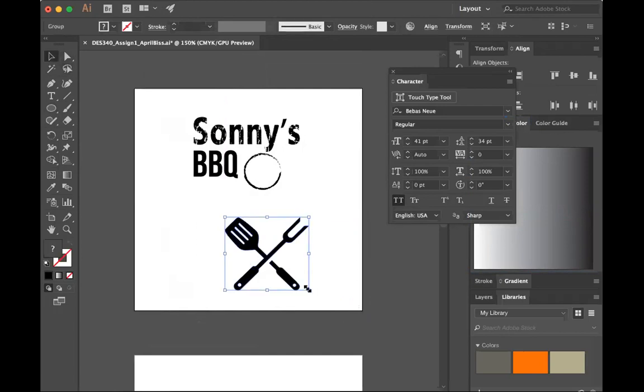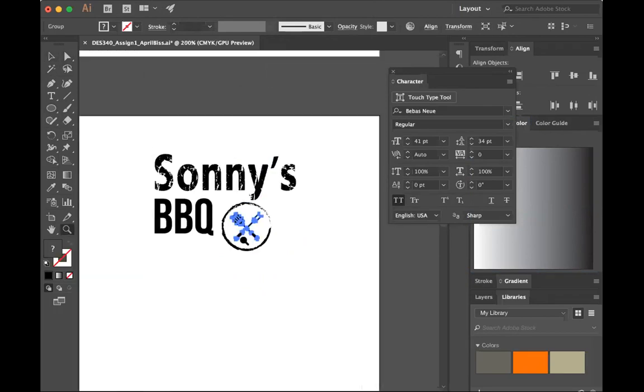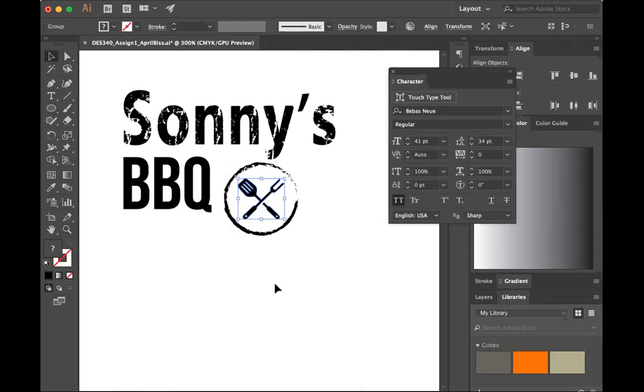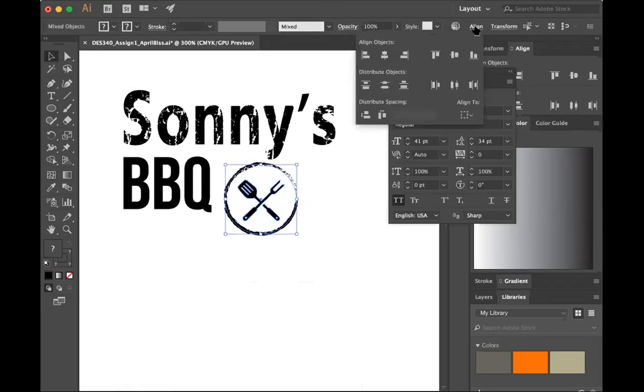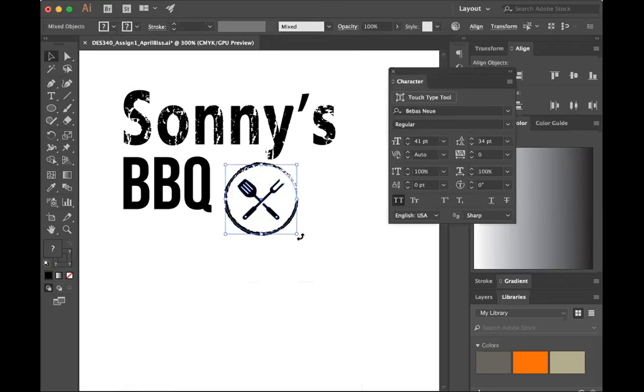Now I'm going to take this and just shrink it down. Hold that shift key, shrink it down, place it in there, and then make it a little smaller. Group this, and then I can center it. It's a little big.